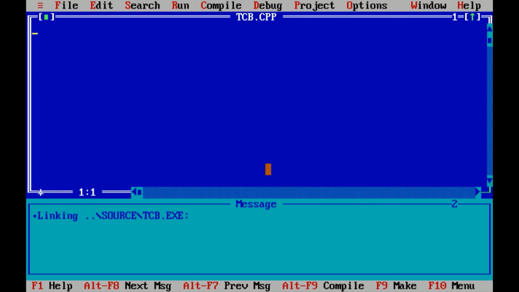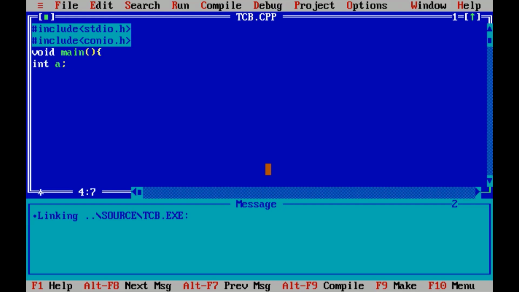For that I will write one program. #include stdio.h, #include conio.h. Now void main, then opening curly braces, here int a; semicolon.